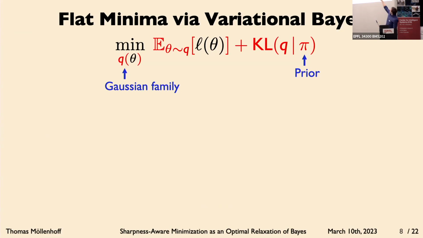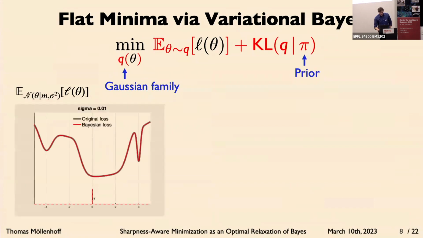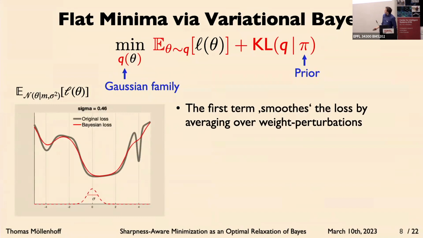So we add some kind of regularization, some smoothing. We've also seen this yesterday to prevent our distribution from collapsing to a single point. And so why does this have a bias towards flat minima? I plot here, for a very simple Gaussian approximation, the expectation of the loss for a simple one-dimensional non-convex loss landscape. And as we increase the variance of our posterior distribution, we get a smoothed version of our loss.